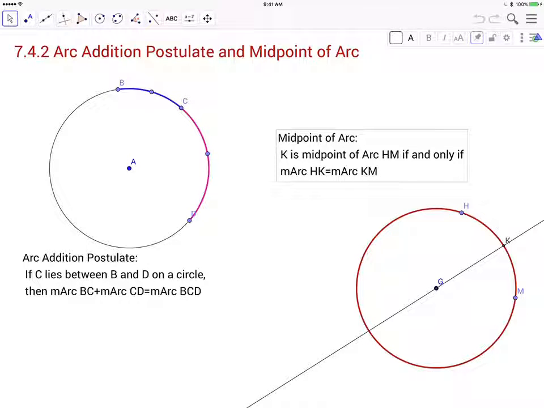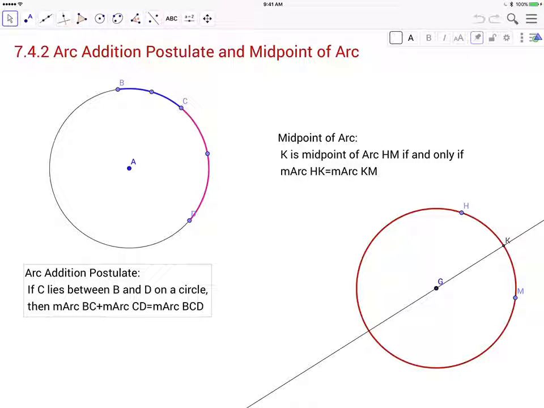Okay, 7.4.2. Now that we've established the fact that we can have arcs in circles or pieces of circles, you'll remember back to when we did the segment addition postulate in the previous math courses, when we were dealing with segments. It should be no surprise that there is an arc addition postulate, and it goes something like this. If C lies between B and D on a circle,